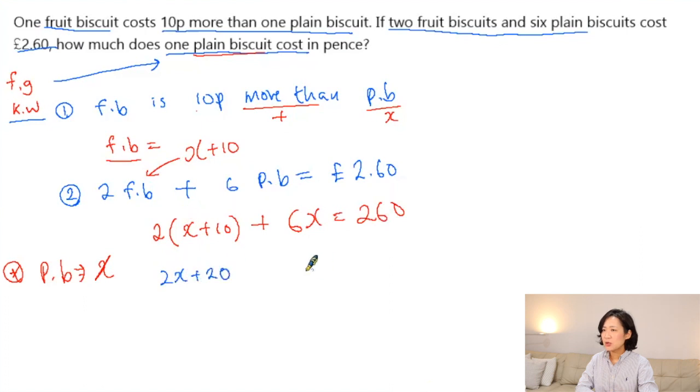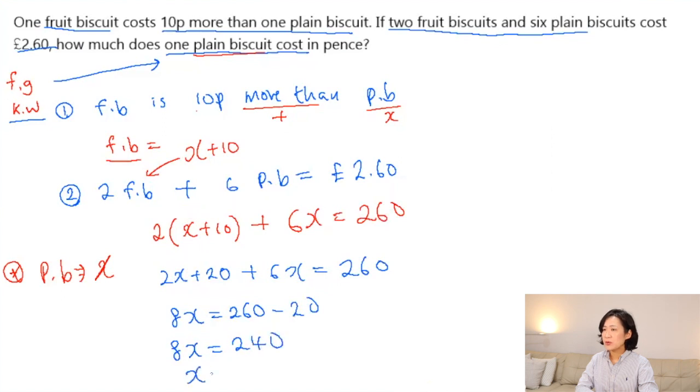So now 2x plus 20 plus 6x equals 260. Then let's collect the like terms: 8x, then 260 take away 20. So 8x equals 240, and then we need to divide by 8, right? Then it gives you x is